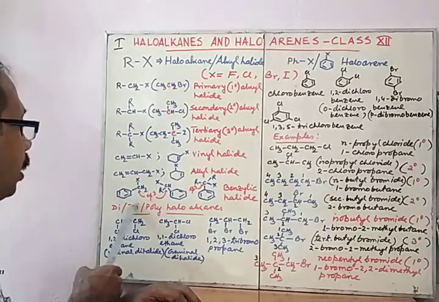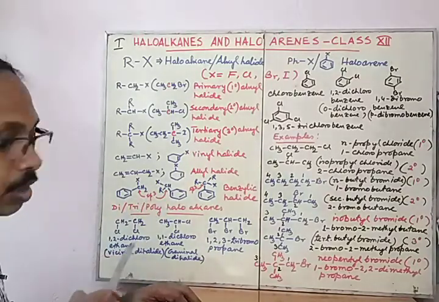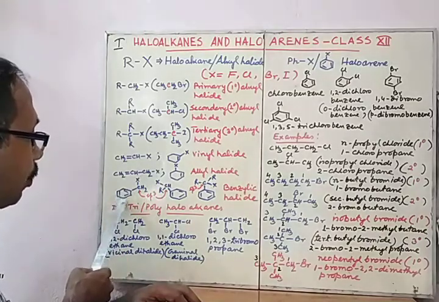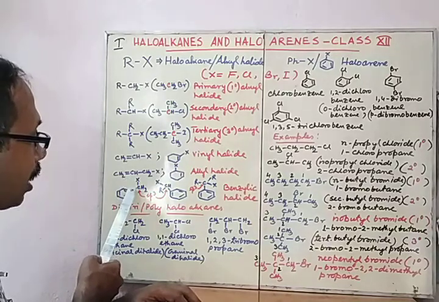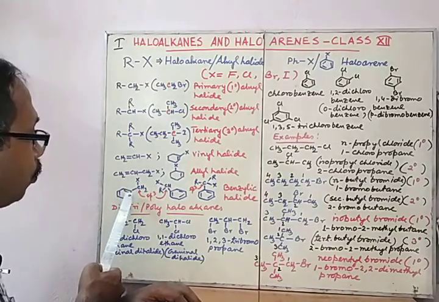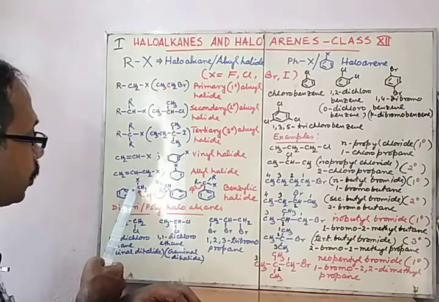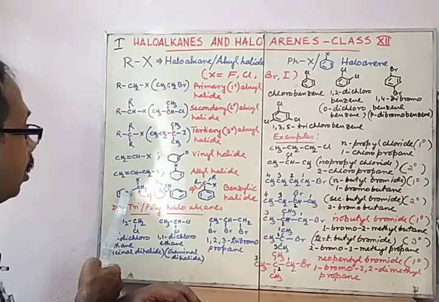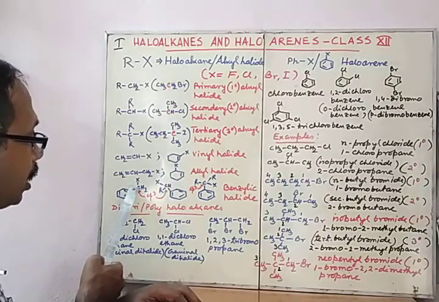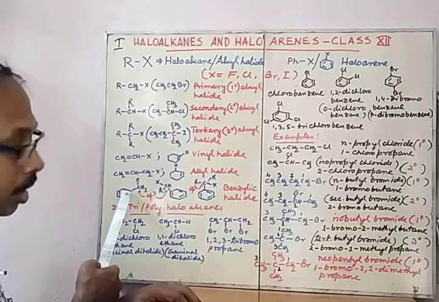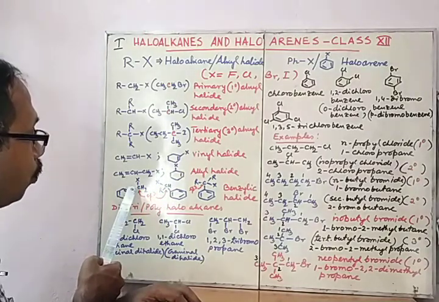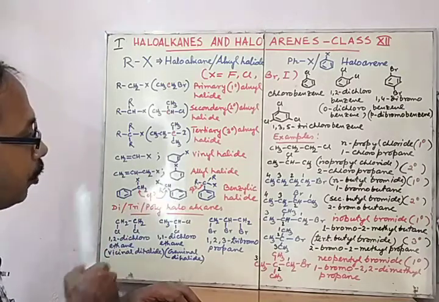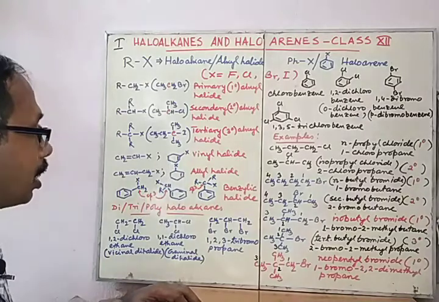Now here you follow that these compounds contain a benzene ring, but they are not aryl halides, because the halogen is not directly attached to the benzene ring. Rather, the halogen is attached to a carbon atom which is sp3 hybridized and directly attached to the benzene ring. That is, the carbon where the halogen is attached is attached to the benzene ring. So this is the benzylic group. So this is 1 degree, this is 2 degree and this is 3 degree benzylic halide.